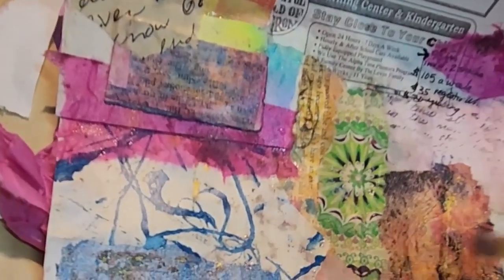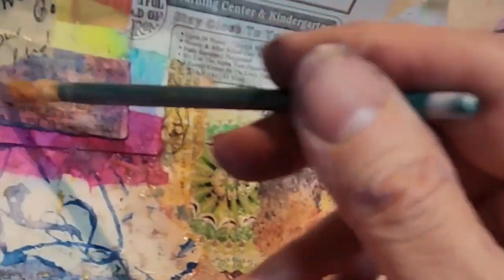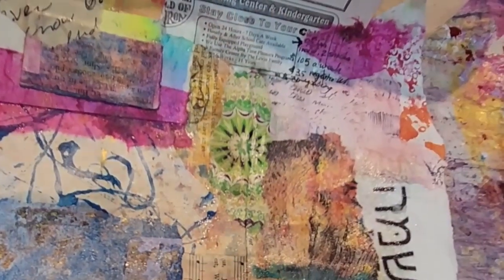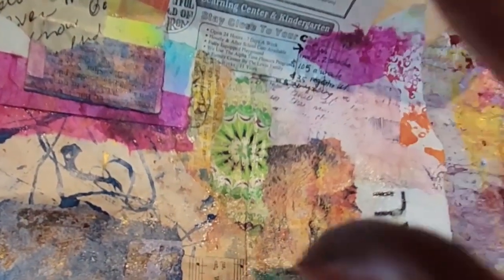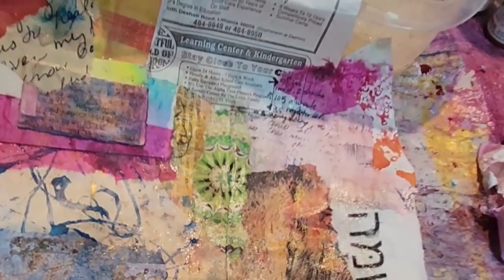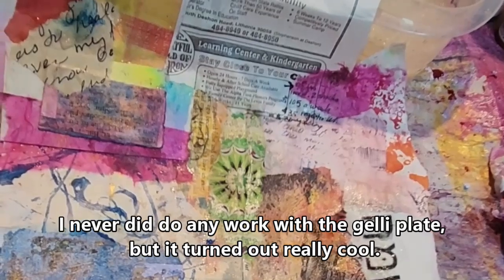So I haven't been worrying about what pieces I'm attaching where a whole lot, hardly at all. There's mostly thin papers, but there's some thick watercolor papers. My plan is, and this will be an experimentation, I want to distress it and maybe take the jelly plate to it. I don't want to cover up everything or make it all look the same. I really don't. That'll be a challenge for me, because I like the variety, but yet I want to integrate it just a little bit, distress it, maybe do the jelly plate, and maybe grunge it up a little bit